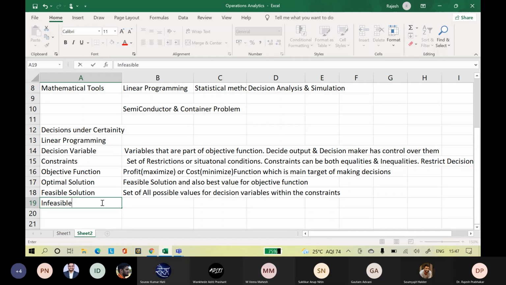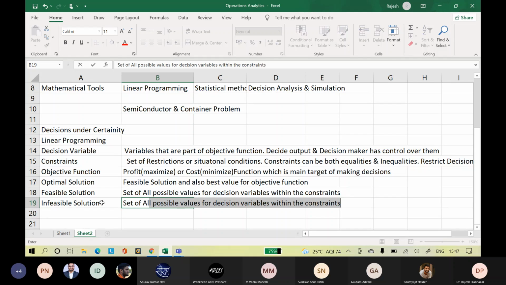Infeasible solution: set of all possible values of decision variables that do not meet constraints, we call it an infeasible solution.